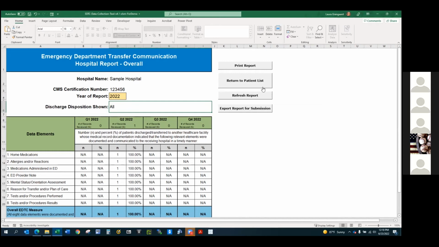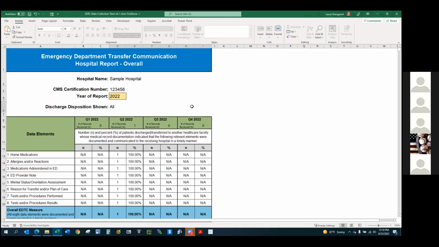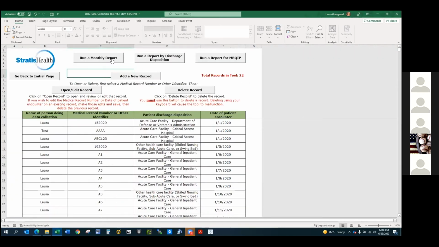If you want to get back to your patient list, you just click this button here and that'll bring you back. These two other buttons here do similar things, but slightly different reports. The report by discharge disposition is really similar to the one I just showed you for MBQIP, but rather than being all of your records combined, there's an additional little drop down that's going to let us pick the